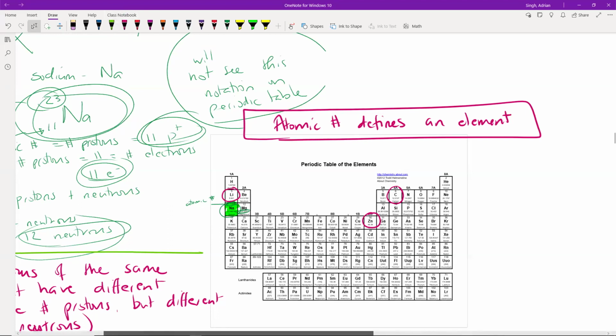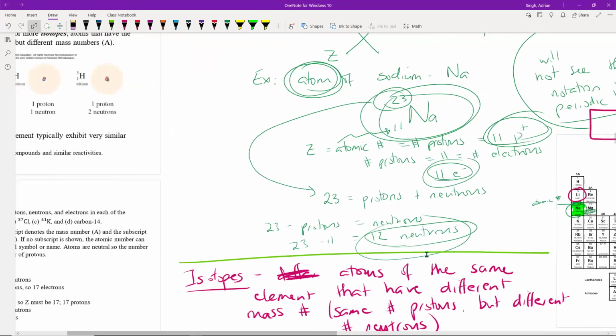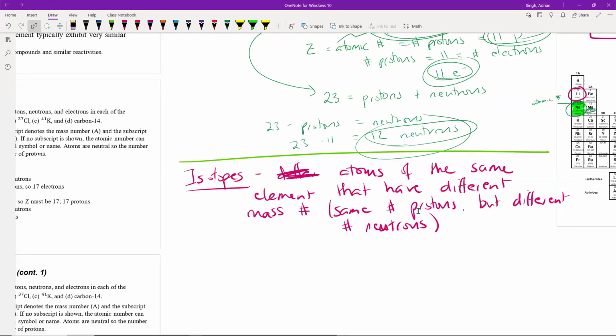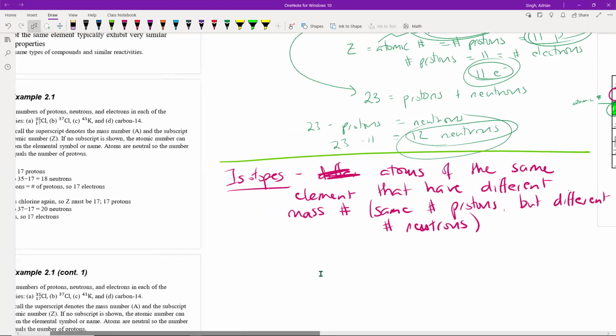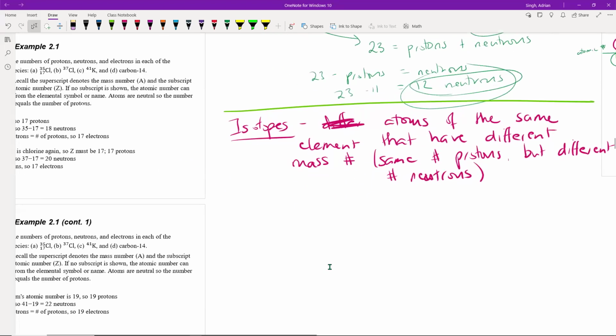When we talk about isotopes, we're talking about atoms of the same element. So they have the same number of protons, but different numbers of neutrons. For example, if I give you the following notations, I have H-3,1, I have H-2,1, and I have H-1,1. And if I then were to calculate the number of protons, neutrons, and electrons in these,